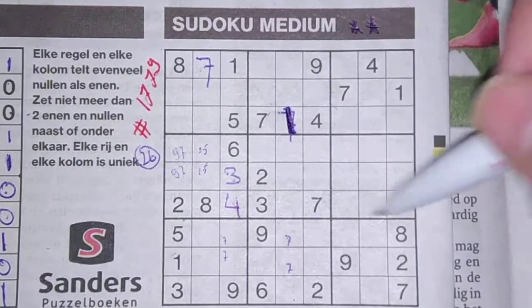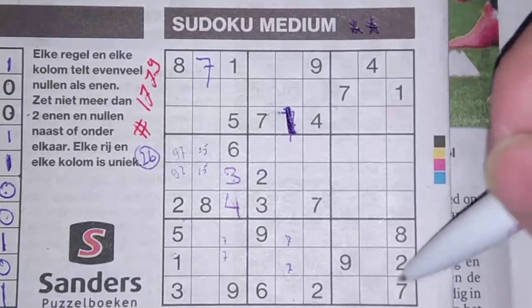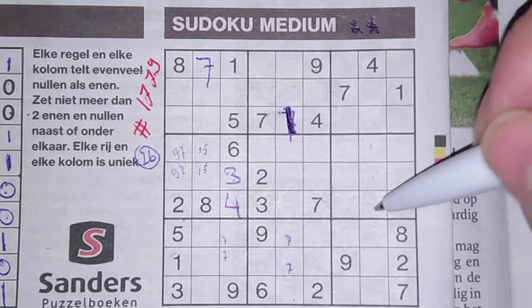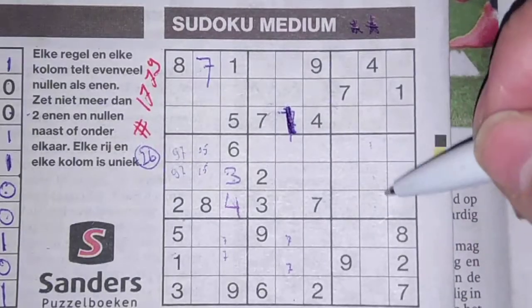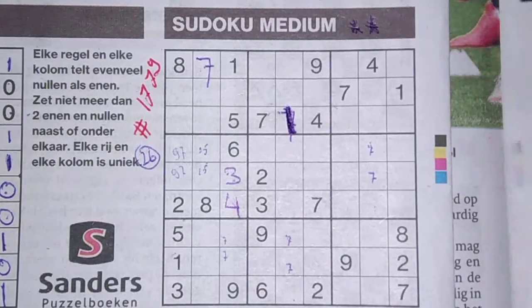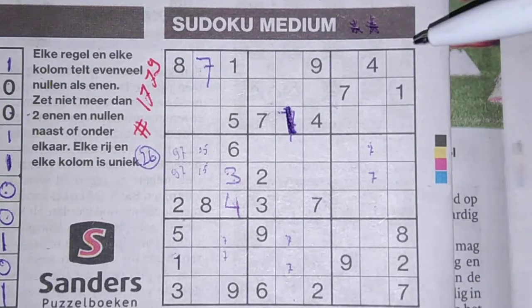Same like here in this big square, 7 in this column, 7 in the last column, so the column between. Only 3 places for the 7 should be here, here, or there. We see here 7, no 7 there. 7 could be here, could be there. Alright, and now